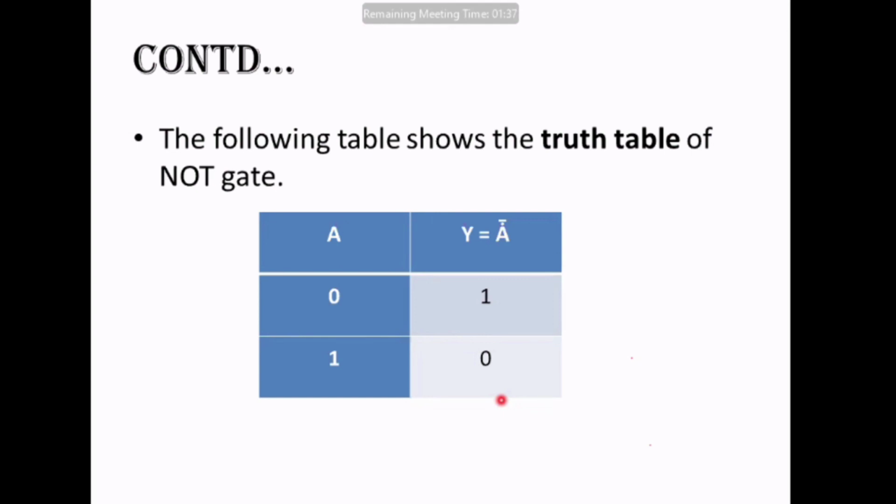This is inverter in case of your digital devices, and it is just used to invert or reverse your input. That's it. 0 को अगर 1 करना है, reverse करना है, invert करना है, तो we will use logic NOT gate. And 1 का अगर मुझे high output input का मुझे अगर low output चाहिए, तो we will use that also for the logic NOT gate. Understood?